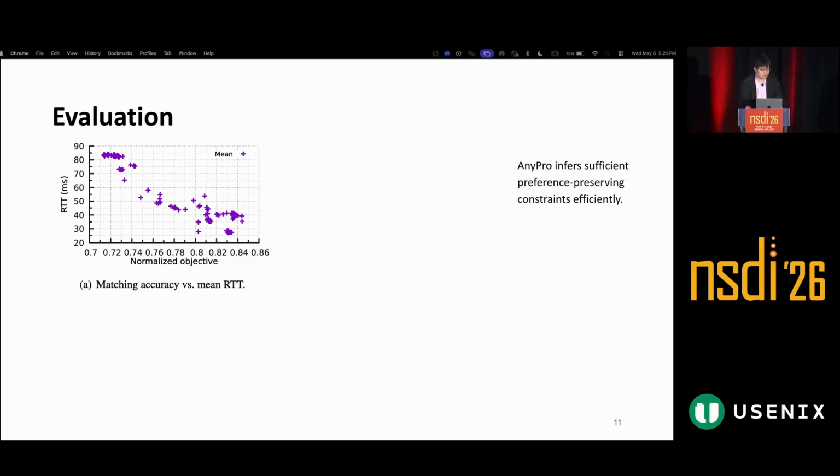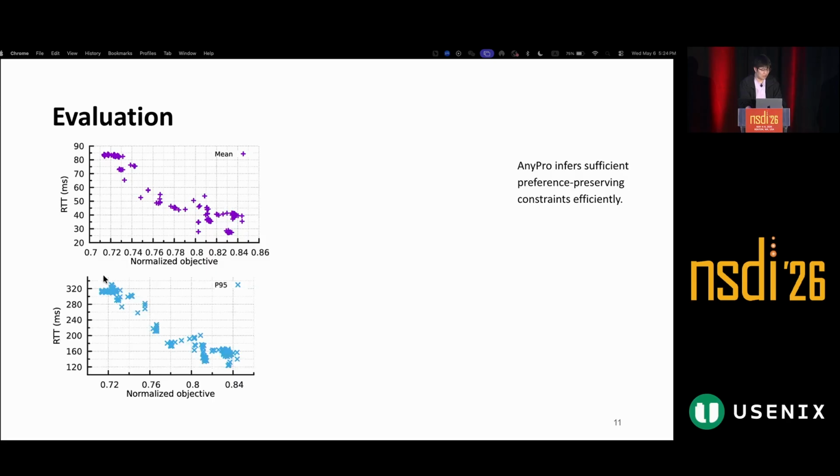And next, we want to see whether the theoretical formulation of the preference, which is defined as the normalized objective, aligns with RTT. So we define the objective as the geographically closest site, and then analyze the Pearson correlation between RTT and the normalized objective, and 95% RTT with the normalized objective.